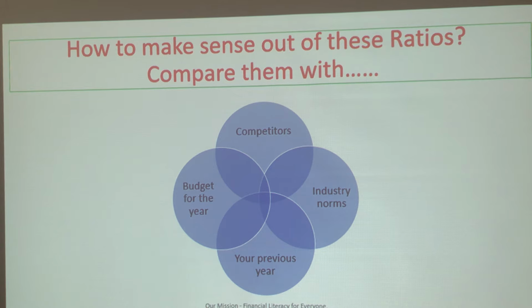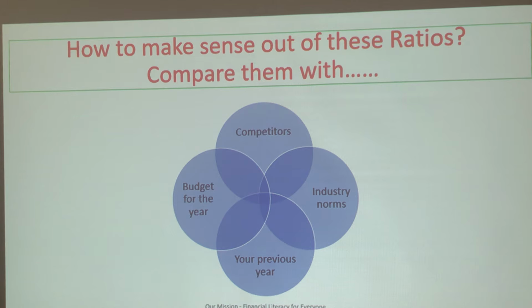I'm sure this question must be coming to your mind: is there some ideal ratio for a particular company or any company anywhere in the world? And let me, friends, give you a very clear-cut answer. पूरी दुनिया में किसी भी कंपनी के लिए ऐसा कोई आइडियल नंबर नहीं है, किसी भी रेशो के लिए कहीं